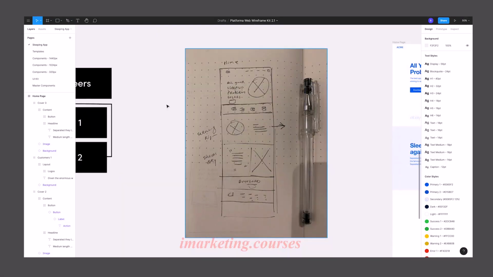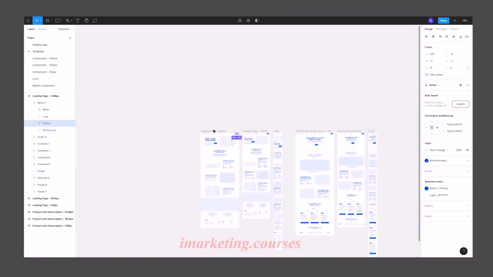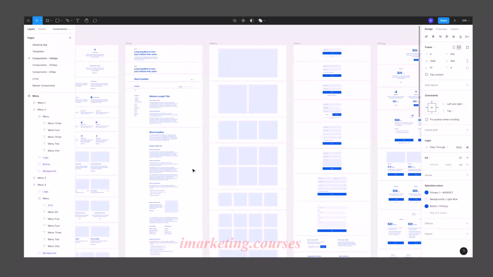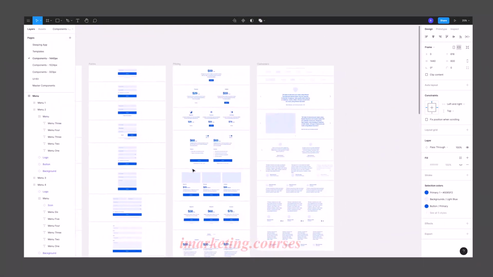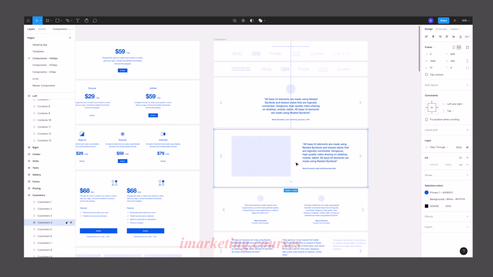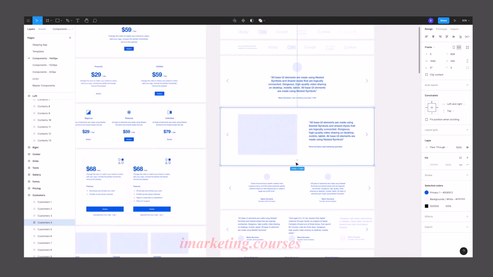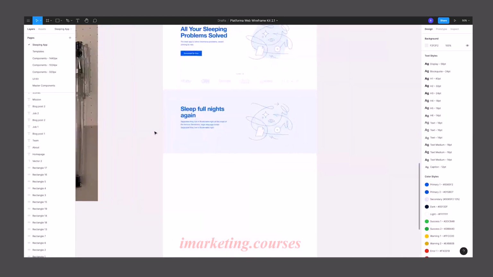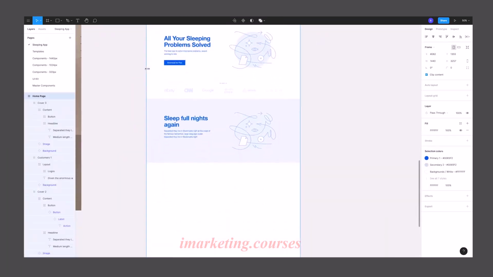Now we want this success story. Let's see what they have. They probably have here in components testimonials, but I'm not sure they have a full page testimonial. They do have testimonials that look like this, centered. They do have this, which is pretty close. So I'm going to take this. This is not exactly what I need, but I'm going to adjust it to my needs. So I'm going to paste it here